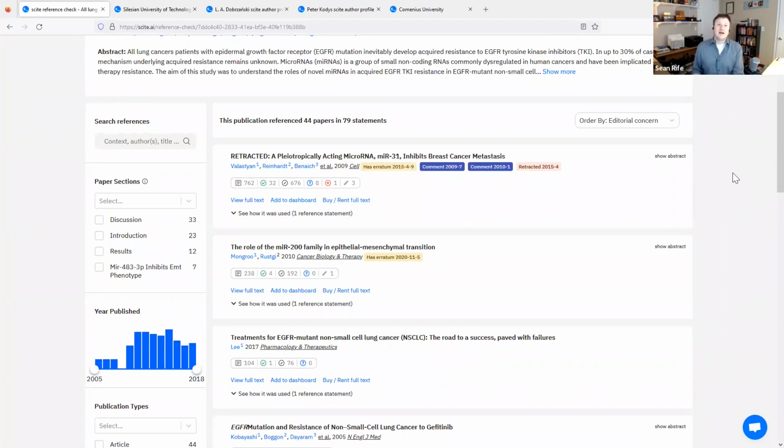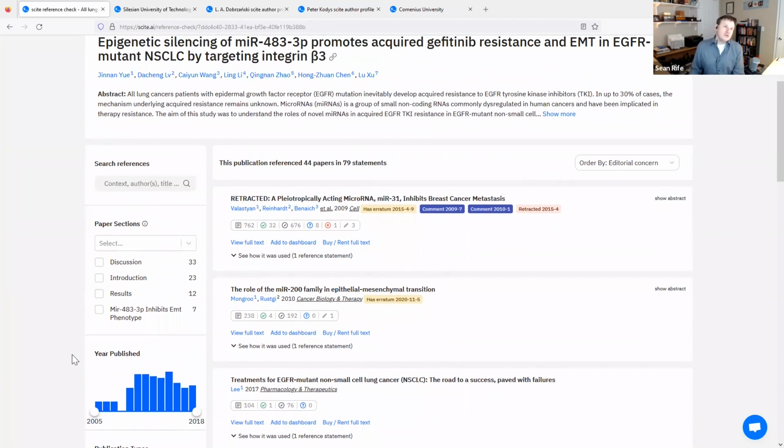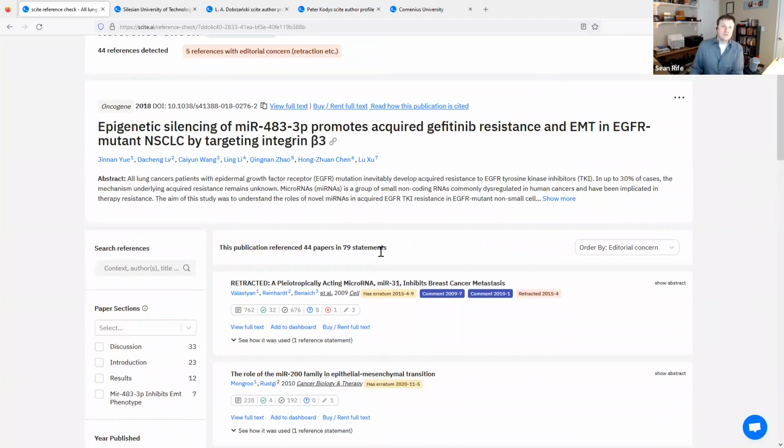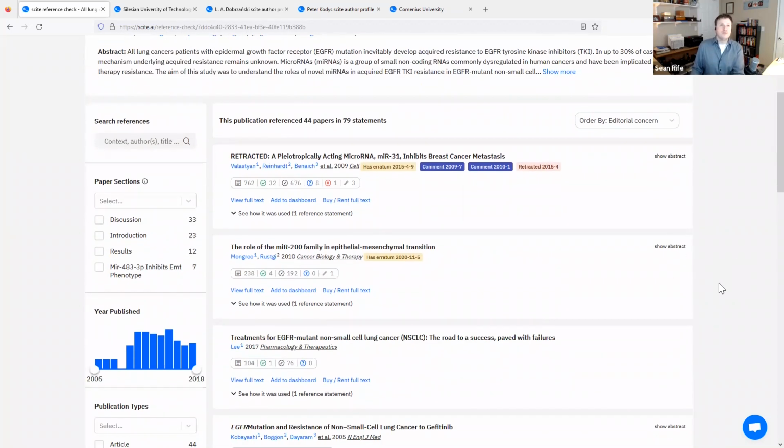In fact, one of the things that I have played around with and have done by habit is getting this reference check report. I'll look and say, all right, it's not citing anything retracted. It's citing work that seems to have been fairly widely supported. But for example, if I look at the year published range and I see that they haven't cited anything in the past 10 years, that's a really good obvious indicator that maybe we need to revisit this literature again before we're ready to publish. So something as simple as the year in which a paper was published can be informative as part of that review process.